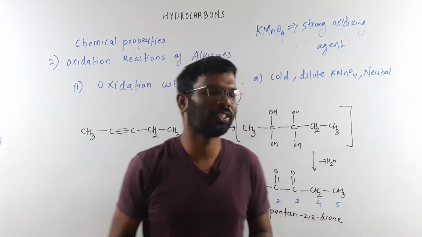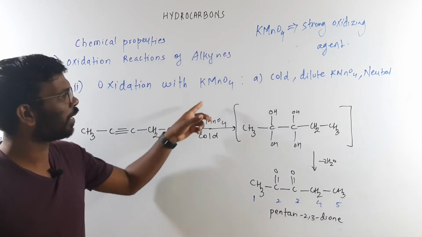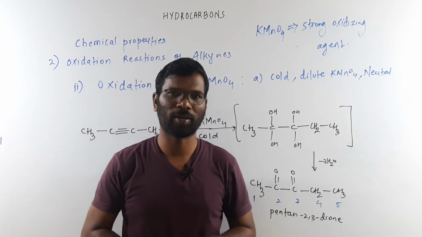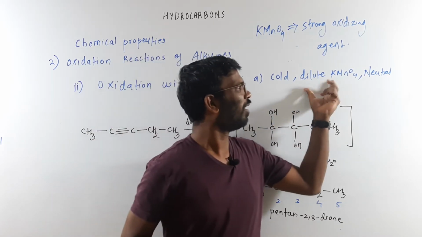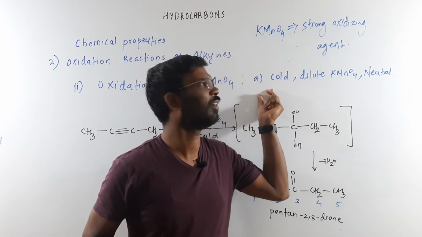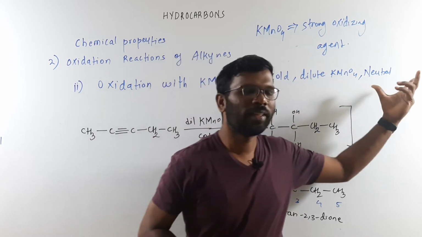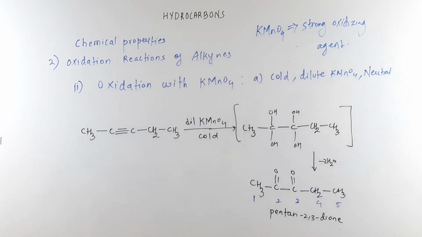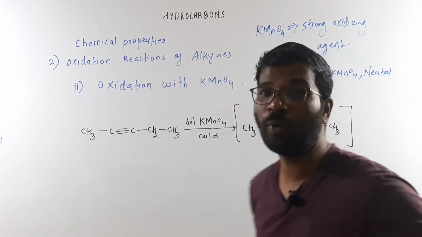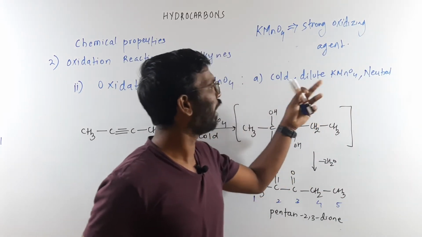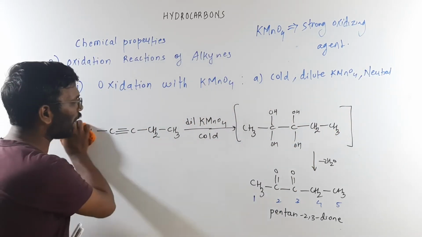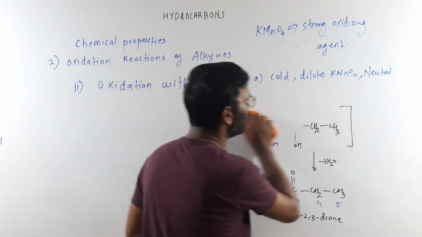This is the simplest oxidation reaction of the alkyne in the presence of cold dilute KMnO4, and the medium is neutral. Let us understand what happens when we supply a little amount of heat and the medium is not neutral, it is alkaline. Before going to the hot dilute KMnO4 and alkaline medium, I'll show what the product would be if it is a terminal alkyne. Terminal alkynes means